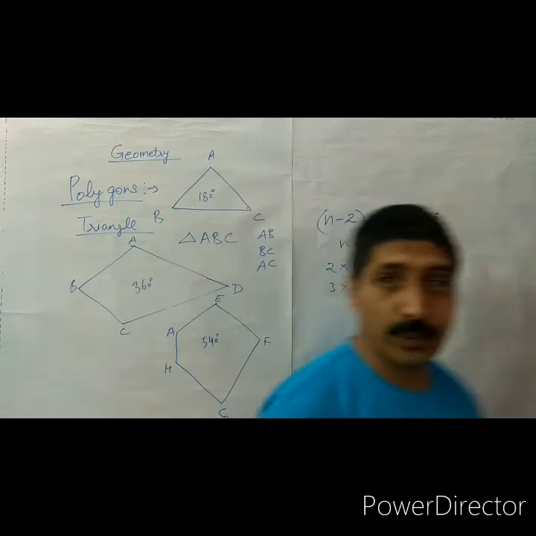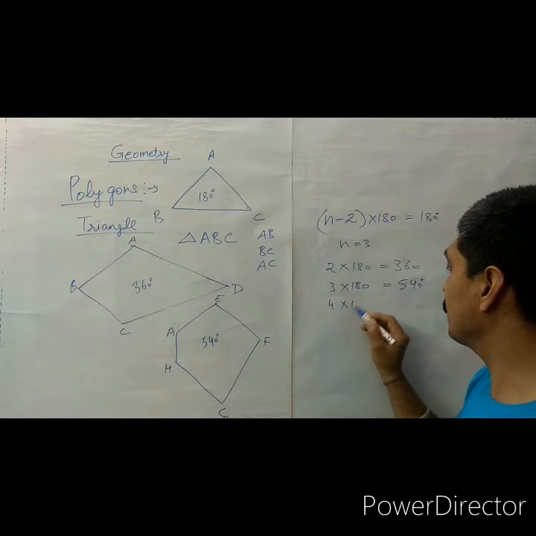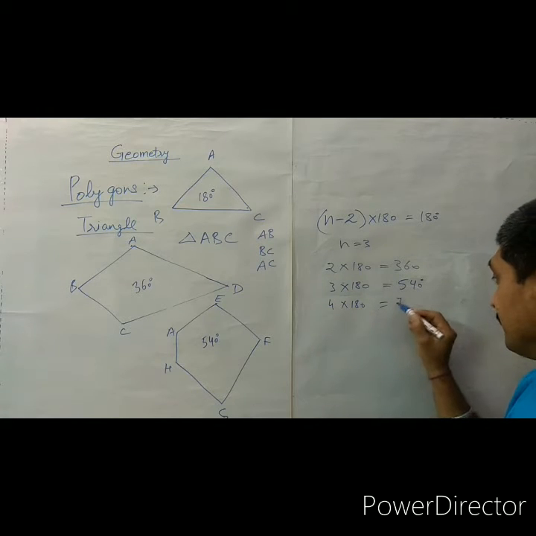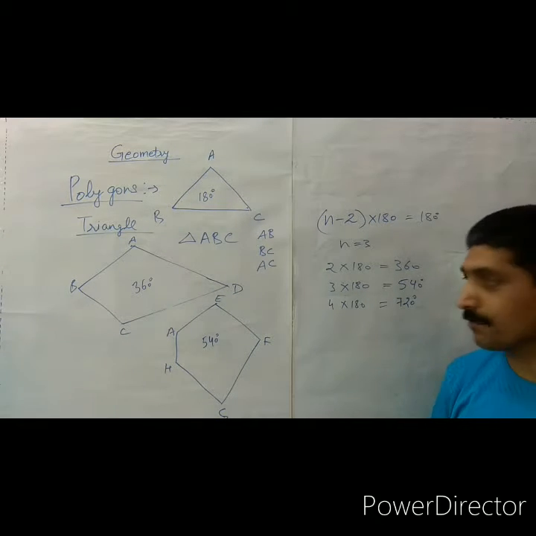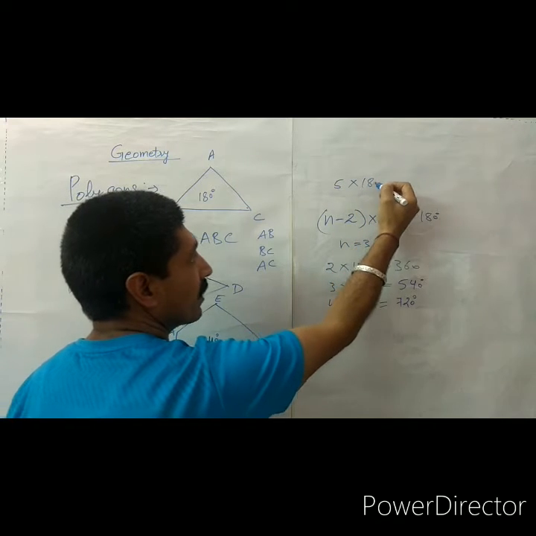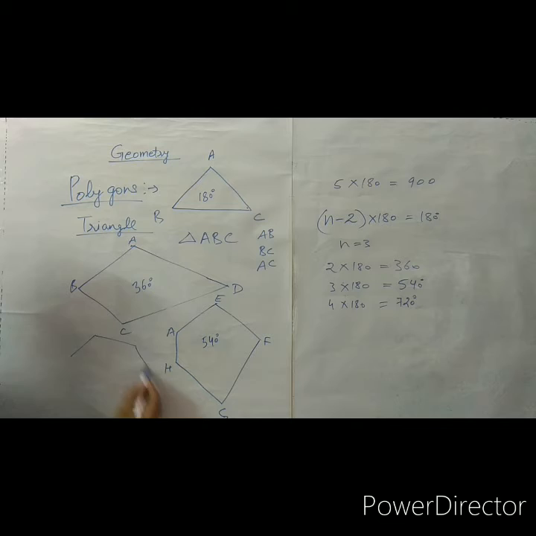540. Similarly, for a polygon with 6 sides, 6 minus 2 is 4, so the sum of all interior angles is 720. Here n denotes the number of sides of the polygon. For a heptagon with 7 sides, 7 minus 2 is 5, 5 into 180 is equal to 900. Means angle 1, angle 2, angle 3, angle 4, angle 5, angle 6, angle 7: the sum of all 7 angles is